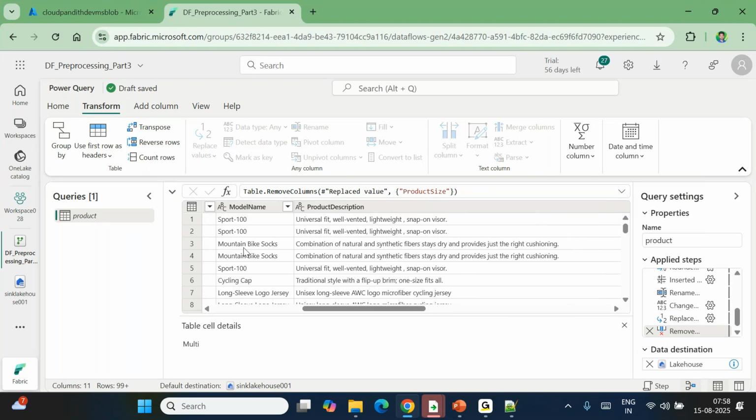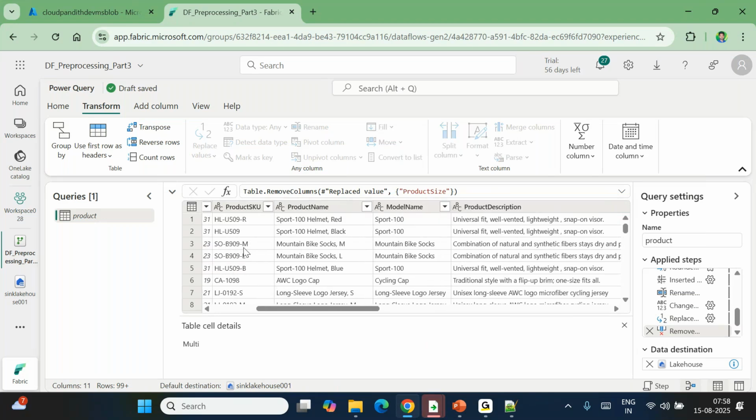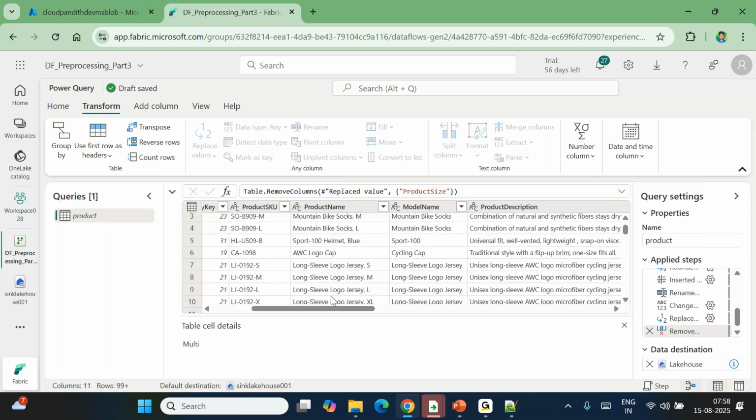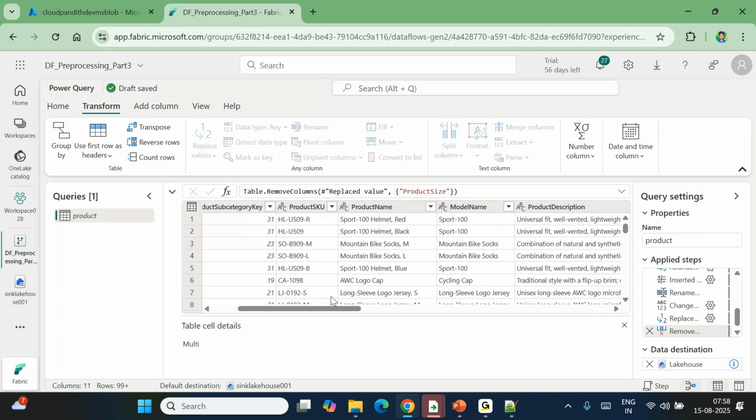Model name we no need to change. Product name, actually we no need to change even product name. Okay, product name also I'm not changing. Now what I wanted to change is I want to change it to